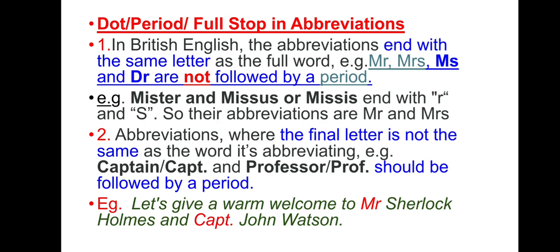So let us see. First is that in British English the abbreviations end with the same letter as the full word, then no dot is required. I'm simplifying and then you can read this information. But yes, first rule I'm telling you is that when the full word is matched with the short form, how? The last letter of the full word matches with the short form or abbreviation of the same word. For example, doctor,